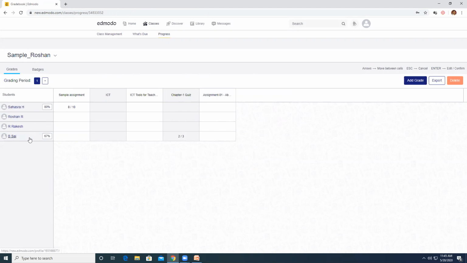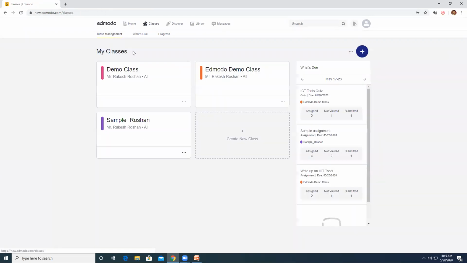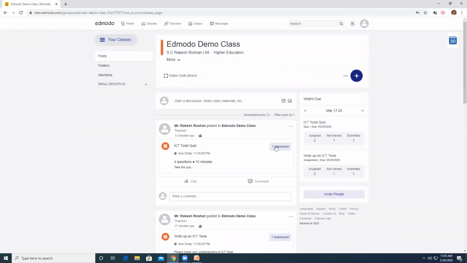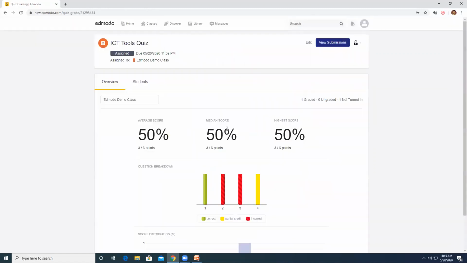So now this student has chapter 1. What are the things that we have given right now? So which class am I in? Let me go to class. Let me go to Edmodo demo class. And this is where I have given the test right now. One submission, and this we have seen. This is perfectly okay.